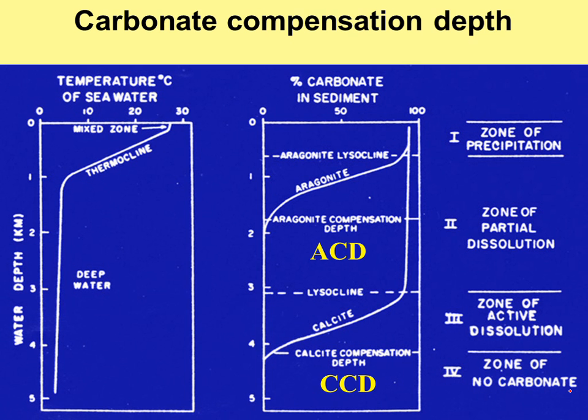But if you were a foraminifera that lives in surface waters and you secrete a test of calcium carbonate and you die, that test sinks through the water column, it will never make it to the bottom if the bottom is equal to 4 kilometers. Because once it hits this line, it starts to dissolve, and by the time it gets to this level, it's gone completely. So there are factors that influence the geographic distribution of carbonate deposition, and also there are depth factors that come into play also.